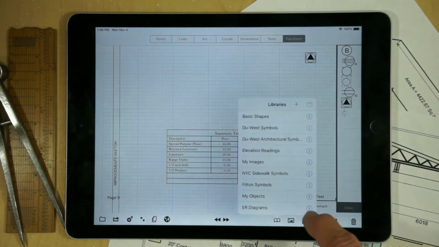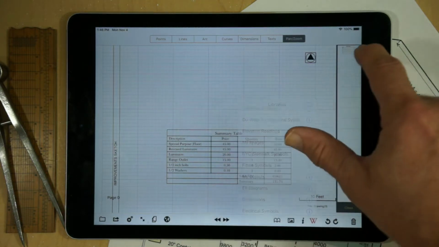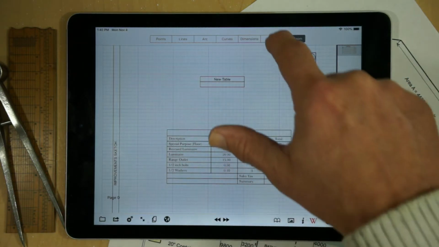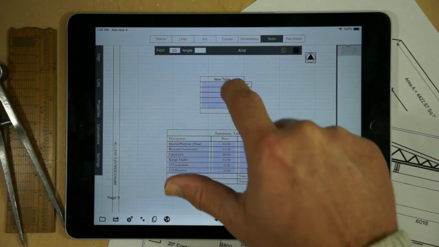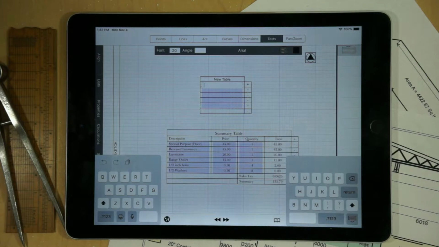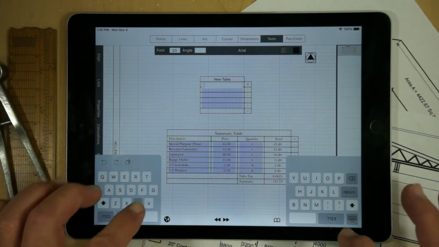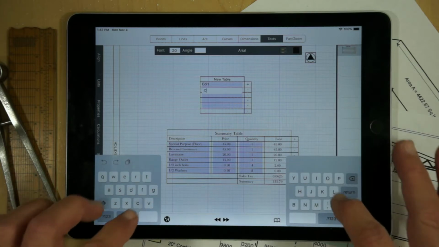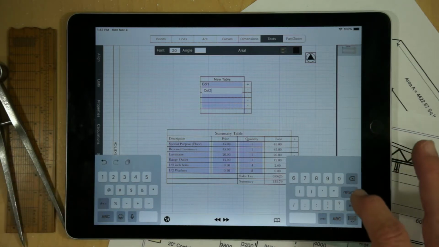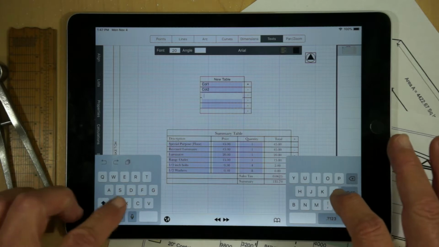So if I add this type of a table, and then, for example, I go and I put in a row, a couple of rows, I can now put in the column definitions for that table. So I can say COL, we'll just say COL1, COL2. So these are the second columns, etc. And we'll do one more, COL3,